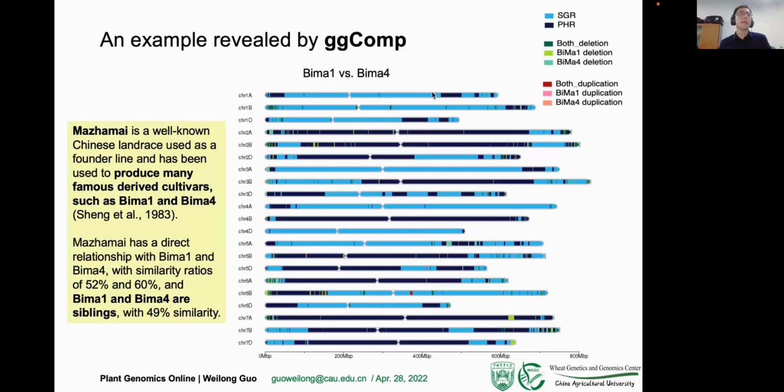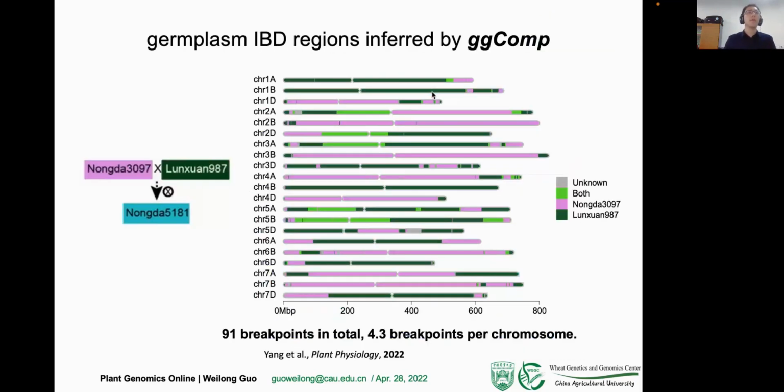This is an example revealed by ggComp when comparing two siblings, BIMA1 and BIMA4. The light blue region indicates a shared germplasm resource-based IBD between two varieties, and the dark blue indicates the genomic regions descended from different backgrounds. With ggComp, we were able to profile genomic regions of a modern cultivar, Nomda 5181, as descended from its parents. A total of 91 breakpoints were found, which corresponds to 4.3 breakpoints per chromosome, indicating very limited crossovers in its